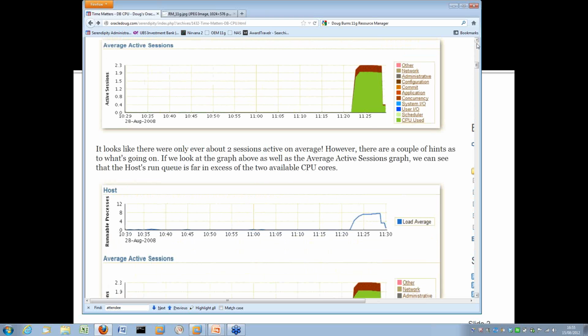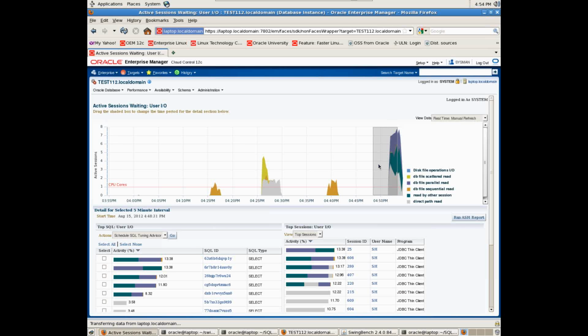If this data is buffered, right, on previous releases of Oracle, it would just be reading stuff out the buffer cache, which would show up as CPU consumption. The first time I'd run it, there'd be some initial DB file scattered read, DB file sequential read, but once the stuff's in the buffer cache, it would just read it from there and it shows up as CPU, right, because they're just logical reads. However, in